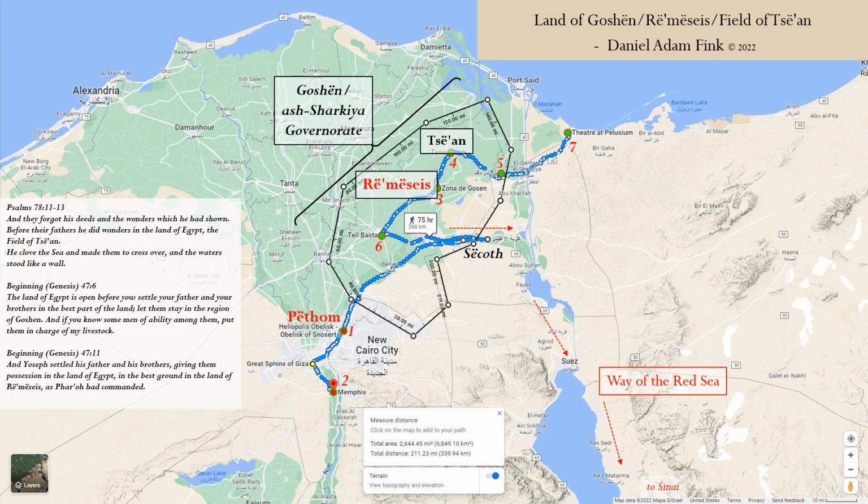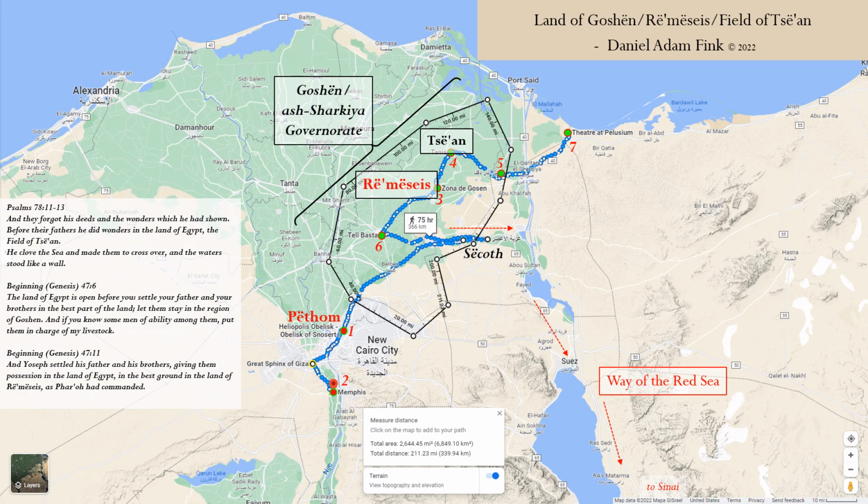Psalms 78. This is how you know that Saan is Goshen. And they forgot his deeds and the wonders which he had shown. Before their fathers he did wonders in the land of Egypt, the field of Saan. That is the green area, all of the green of the Sharkia governorate, which you see within the black shape,